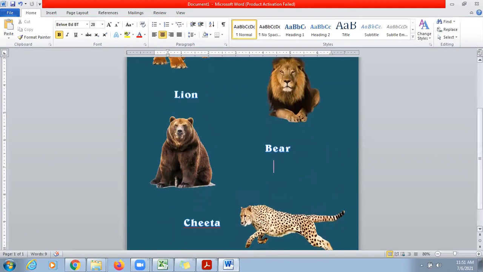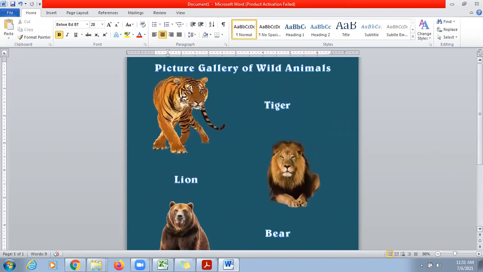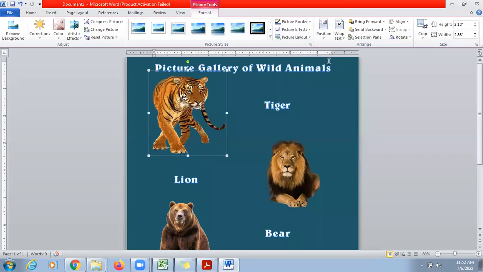I hope it is clear to everyone. Next thing is, how can we crop the images now? Suppose I wanted to crop this lion, and I wanted to crop the tail of the lion, let's say. So go to the format tab again, click on crop button. There is a button of crop.